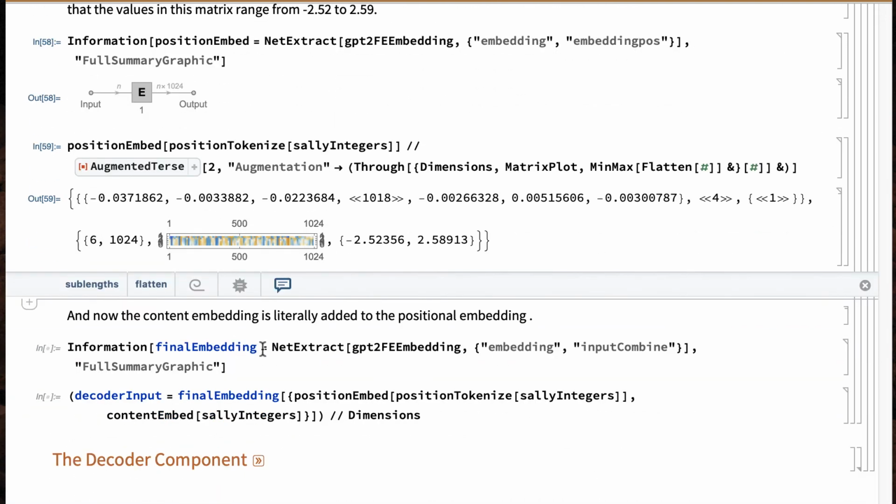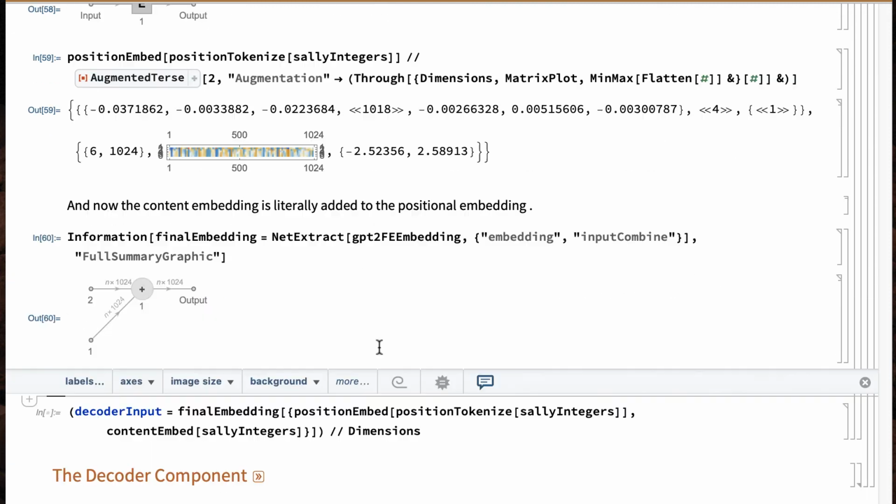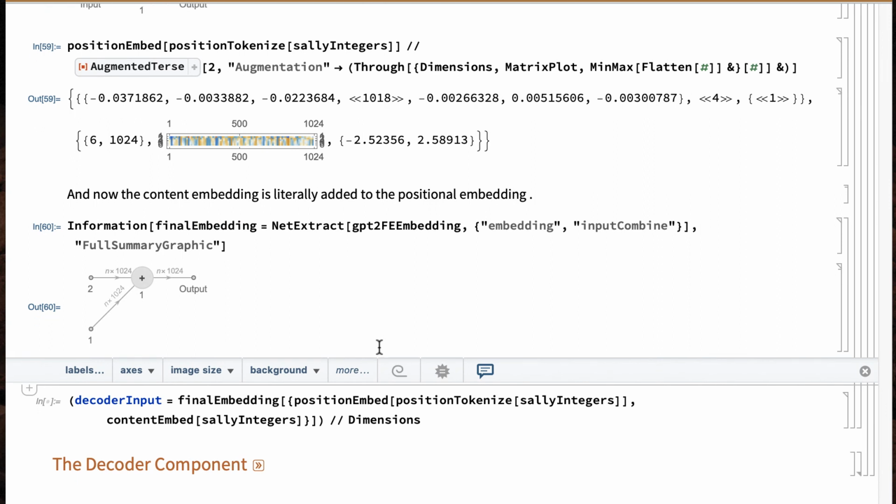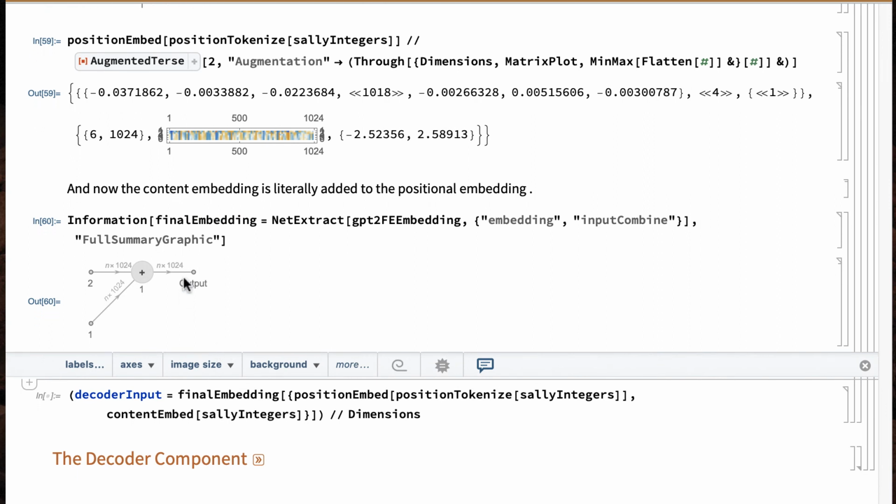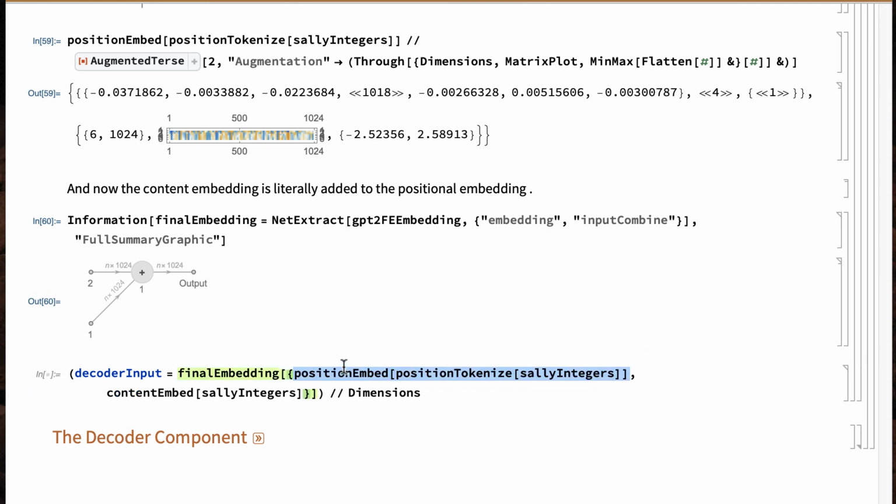But in any event, we're going to combine the content embedding information with the positional information, and that's done at the input combine level. As we emerge from the output, we're basically taking the combination of content embedding and positional embedding, and the order doesn't matter because addition is commutative.